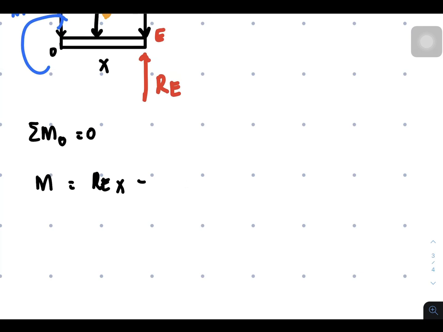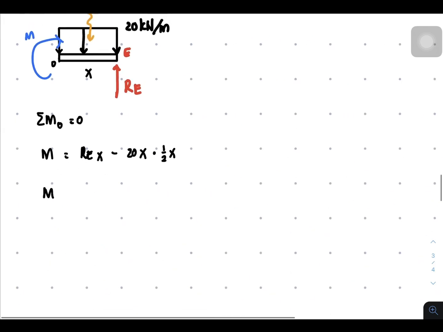It's 20 times x times 1/2 of x. So substitute RE, it's 190 over 3 plus 2/3 of p times x minus 20 divided by 2, it's now 10 x squared. And then m,